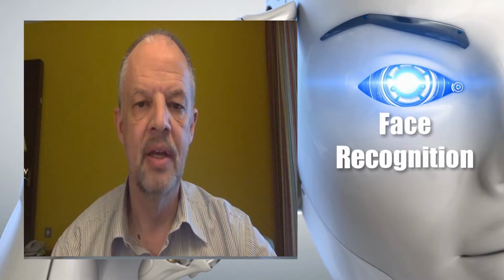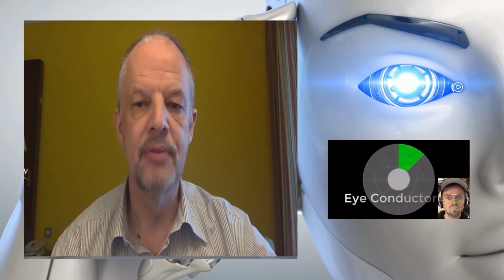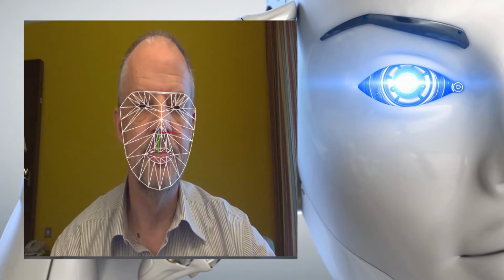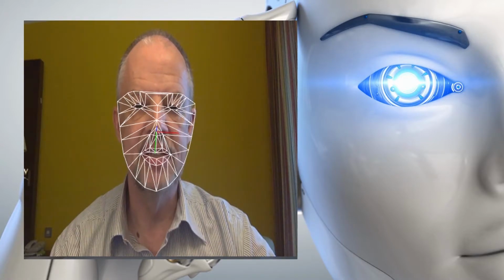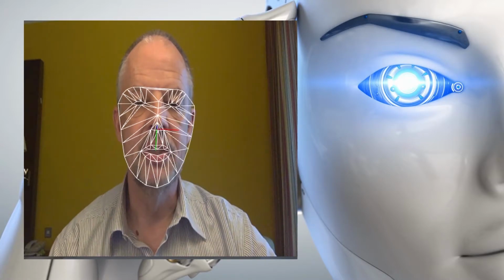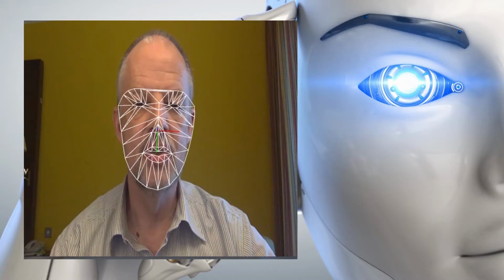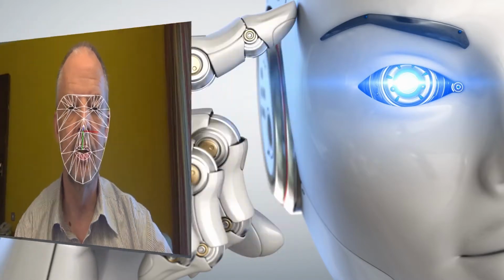In the previous video we looked into face detection. Let's go one step further and talk about face recognition. I'm now using the Face Tracker app, where the credit goes to Gene Kogan and his incredible work in machine learning for artists on GitHub. This one is also based on Andreas Refsgaard's work for the Eye Conductor project. This Face Tracker app is using face detection and some pre-trained machine learning models to detect the features of my face: the eyes, eyebrows, nose, face line and jawline. But what does it mean, pre-trained model? Let's use another version of this app to do some training on our own.